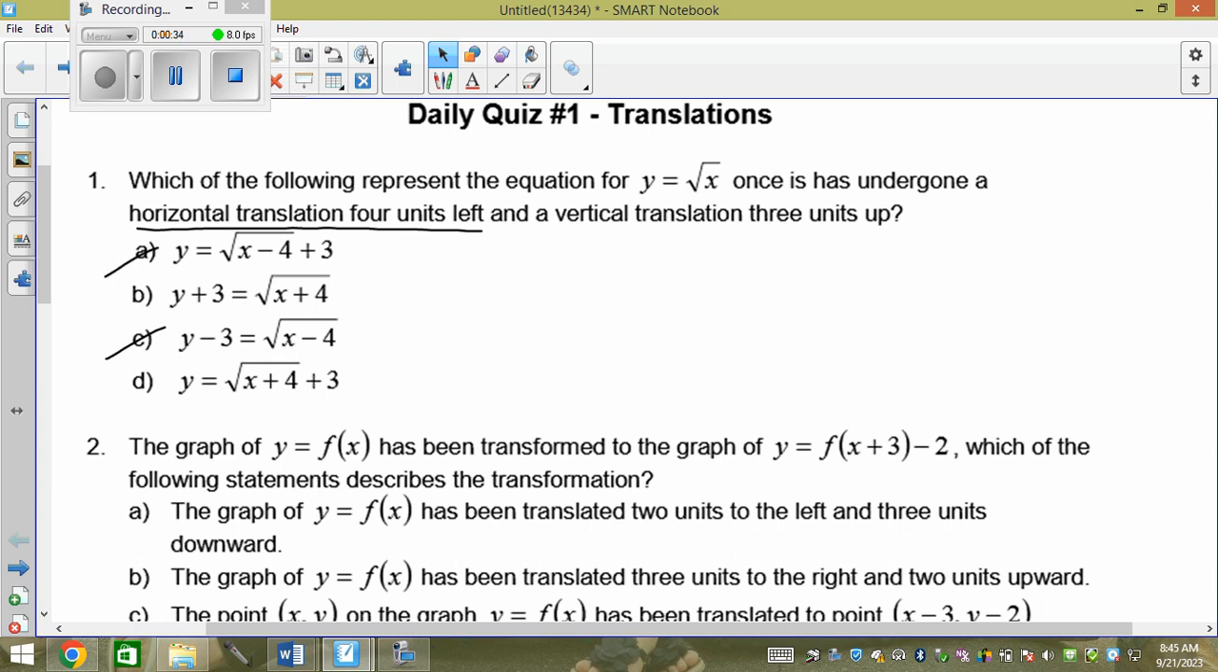And then a vertical translation 3 up, well, it would have to be